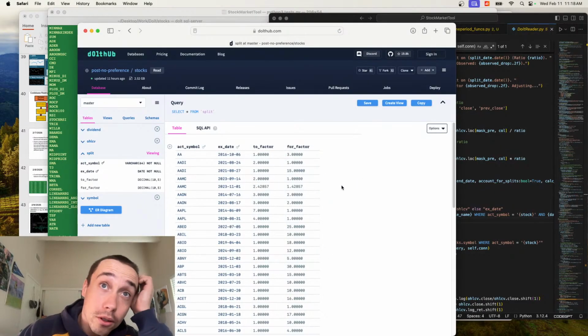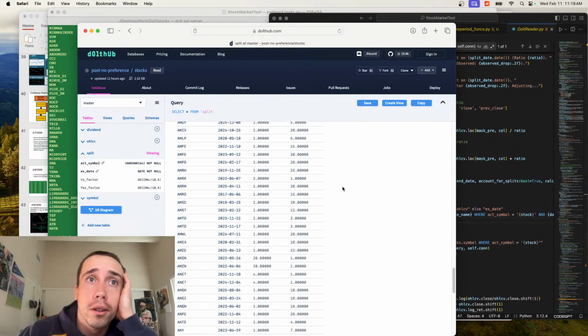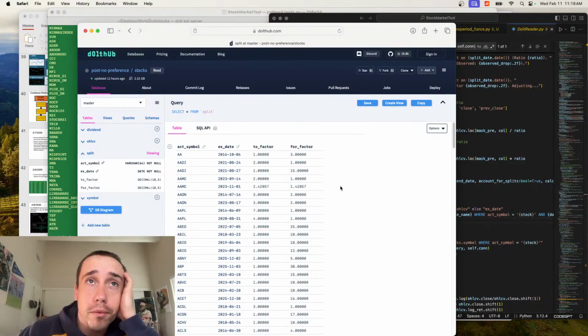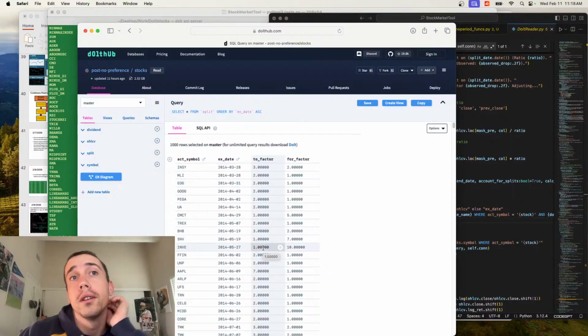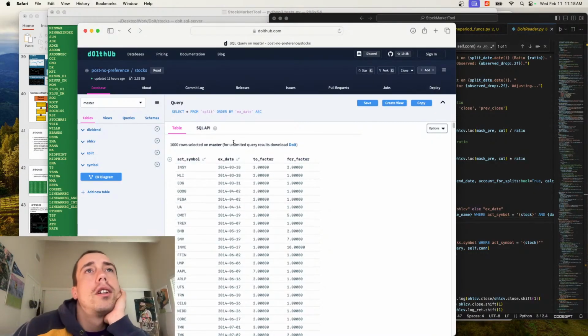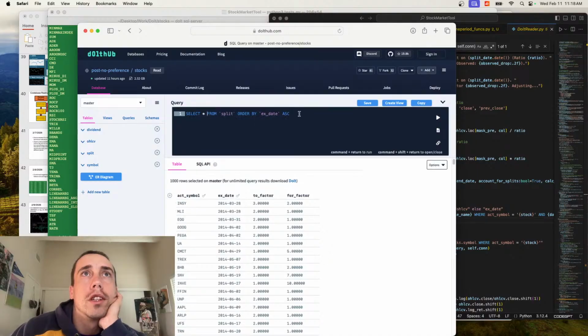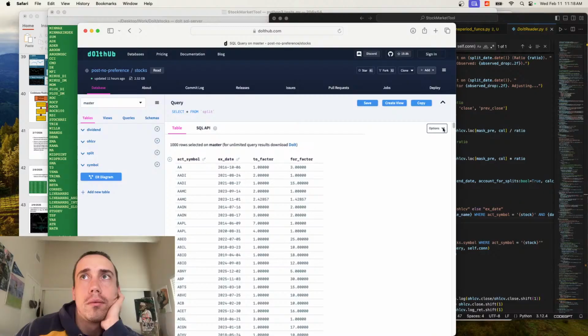So this is all split data. Going back to 2014. So there's no split data before 2014. So let's change this. We don't care about ordering by. Now if I download this,